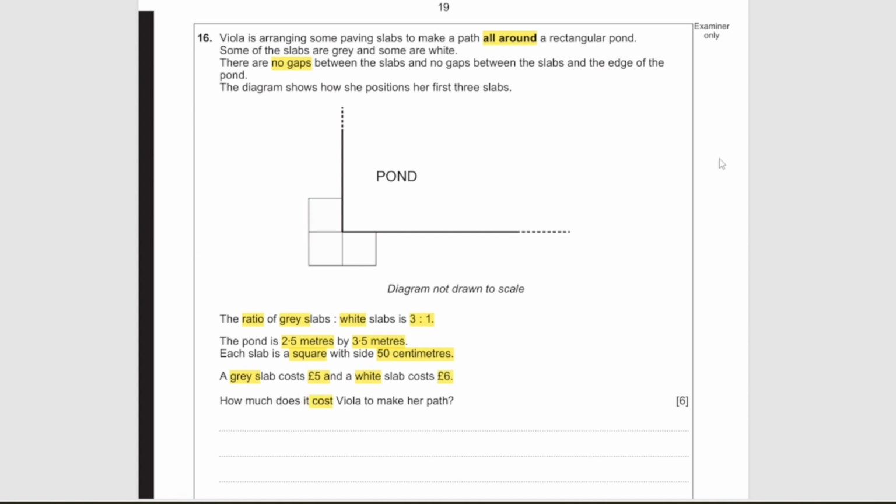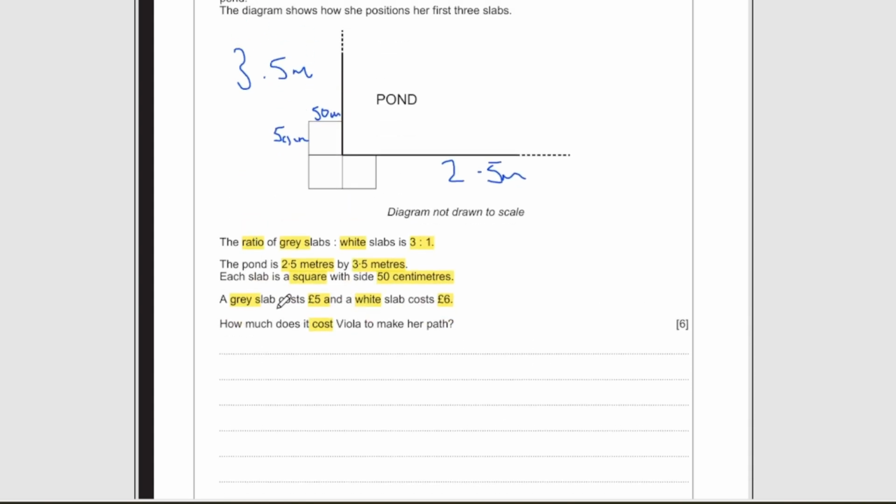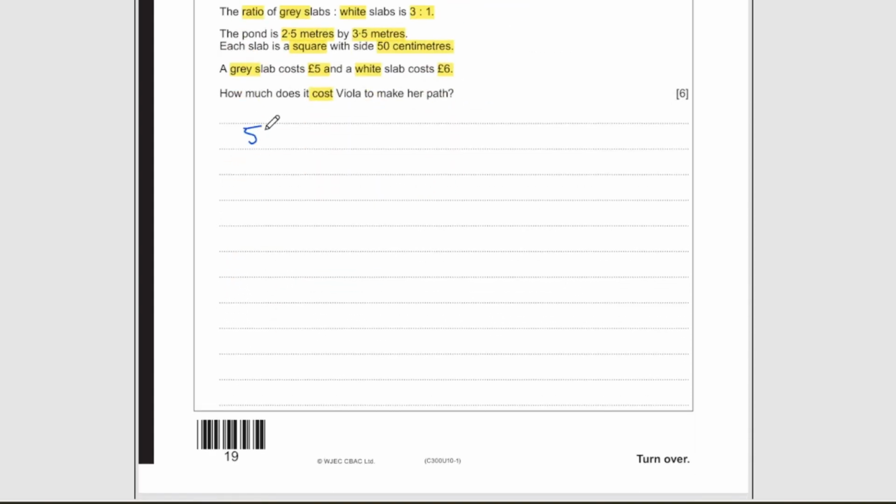So the first thing we need to do is we can see that the pond is 2.5 metres by 3.5 metres. So I'm just going to write on here 2.5 metres by 3.5 metres. Each one of these squares is 50 centimetres by 50 centimetres. That means 3.5 metres, 50 centimetres. So 50 centimetres